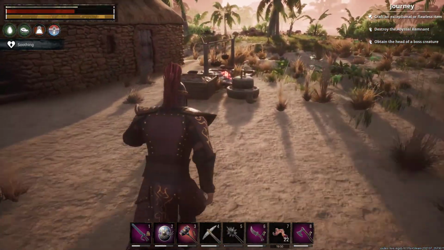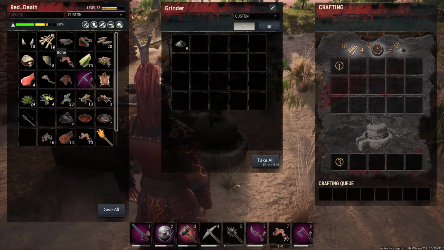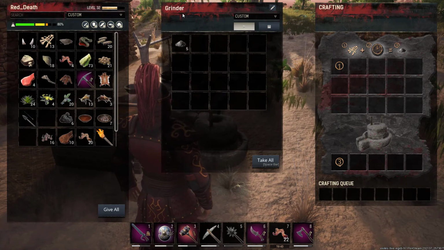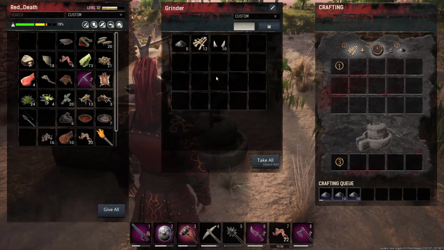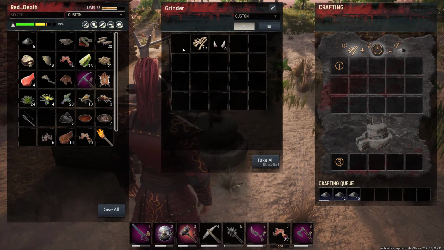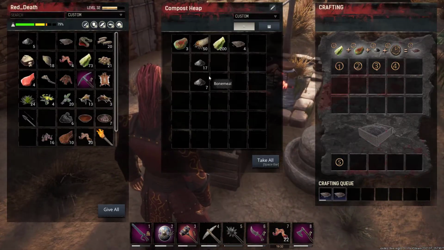Well, we've been out being a good barbarian for the night and got some items here to help us recap. So let's go over everything. First, here in our grinder, let's make some more bone meal. Let's drop our bone and our fangs off. We already have 5 here. Let's move that over into our compost heap,